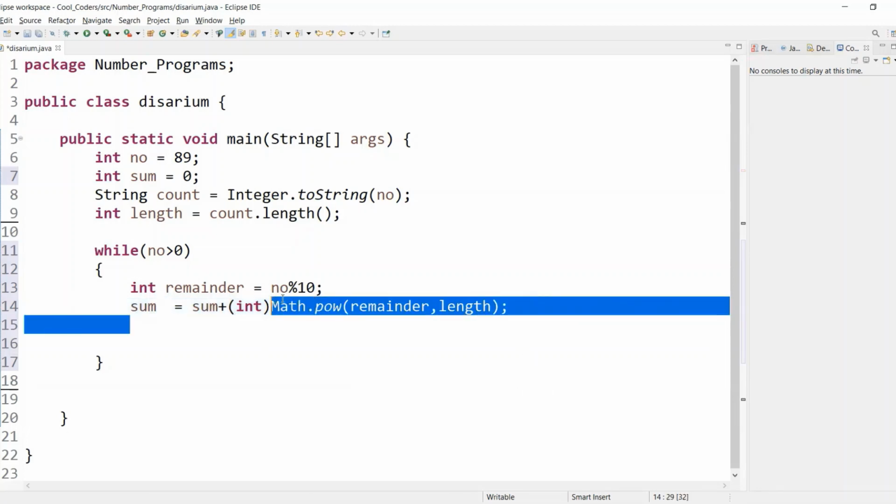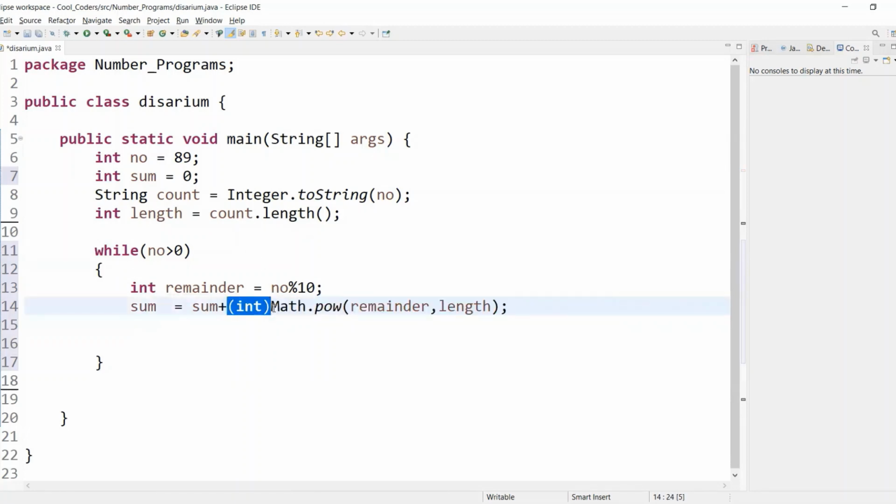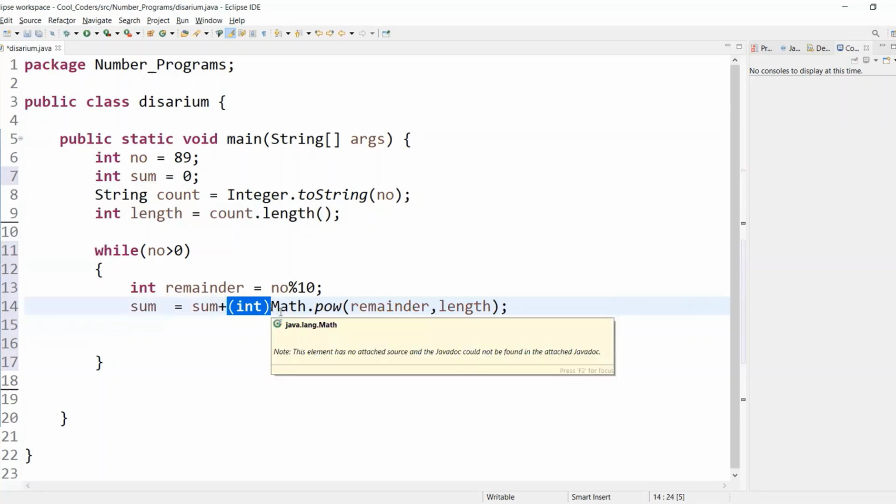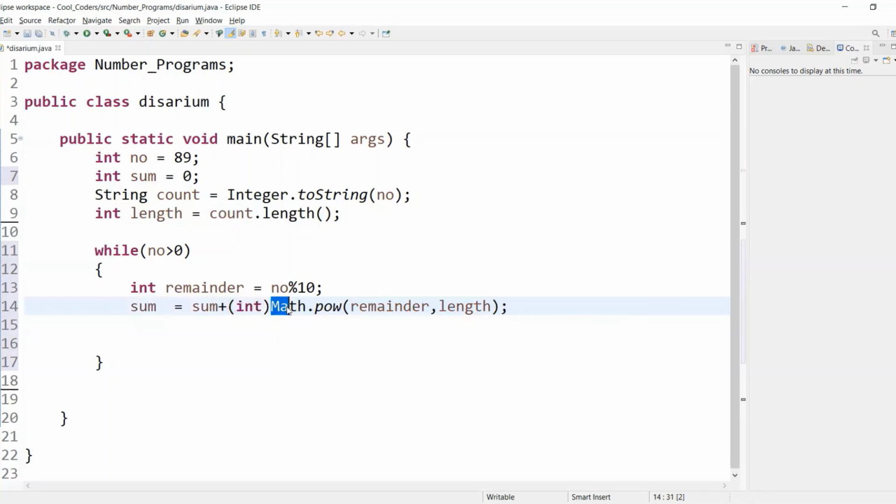So this statement will power the digit to its respective position, and I have typecasted this statement because only double type variables can access the math functions. Means only a double type value comes from this function Math.pow, and this sum is actually an int type variable. That's why we have to typecast it. And after typecasting and this powering is done, it will add it to the existing total of sum.